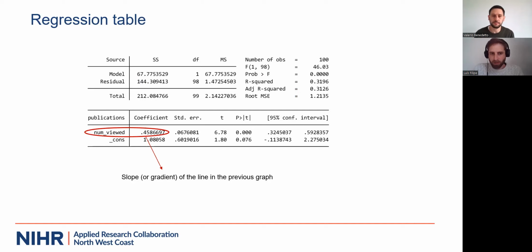Okay, so we are interested in the slope. What does this slope mean? This is 0.46, more or less, this number. It means that if you watch one more vlog, you are going to get on average 0.46 more publications per